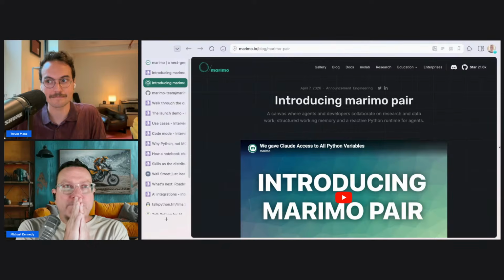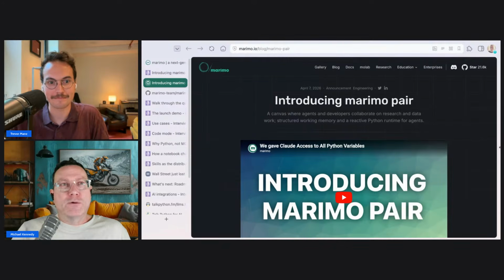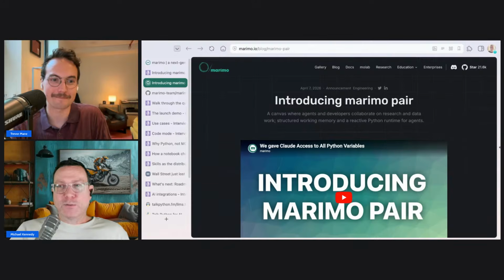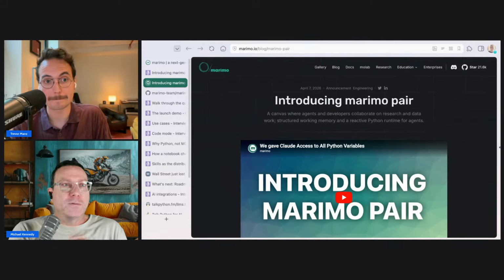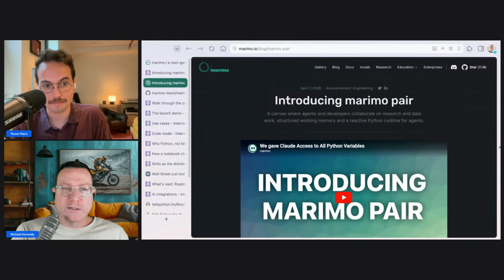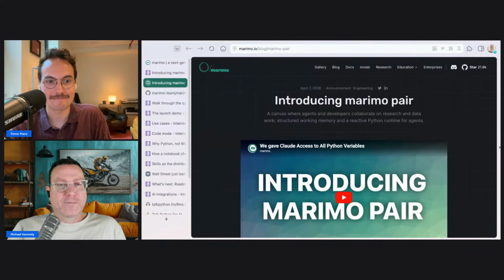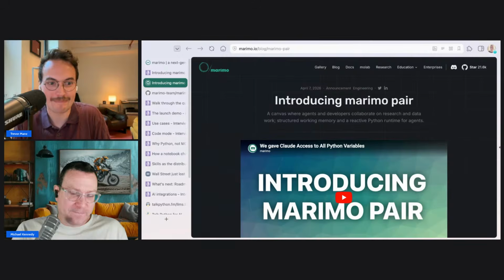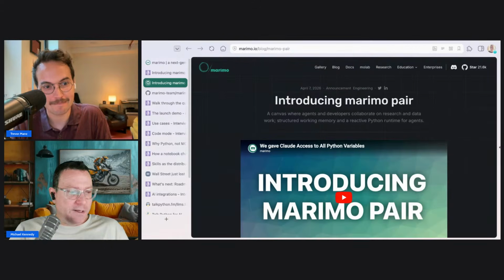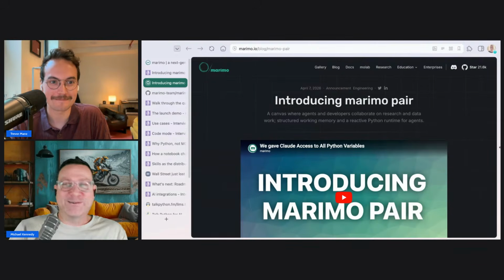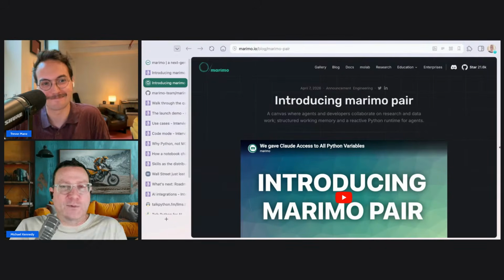Now we're pushing up to the limits of my Marimo knowledge because I've not tried this, but what if I have a Marimo notebook and I say open up that project in VS Code? For example, maybe I have a regular programming project in VS Code that has the Claude Code extension installed in it, and inside there, part of it is a Marimo notebook. Can I open up that notebook in Marimo, but also have Marimo pair from within the VS Code Claude Code, or do I have to go to the terminal? What is this interoperability story?